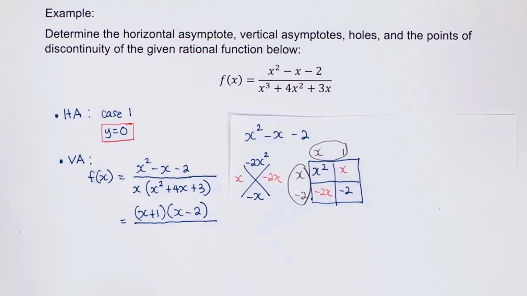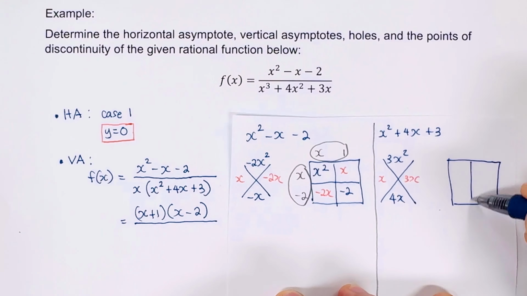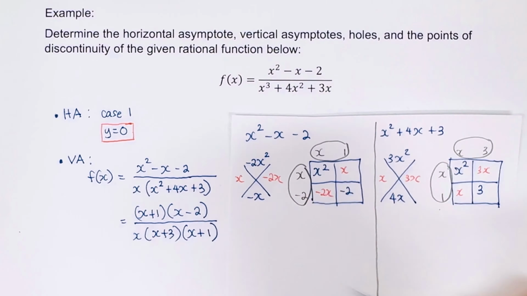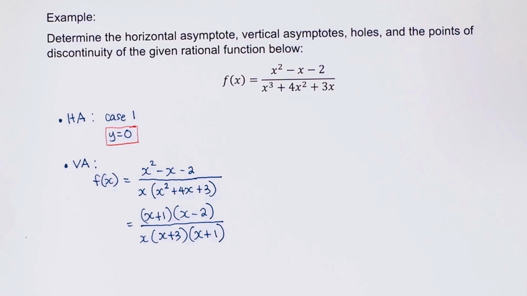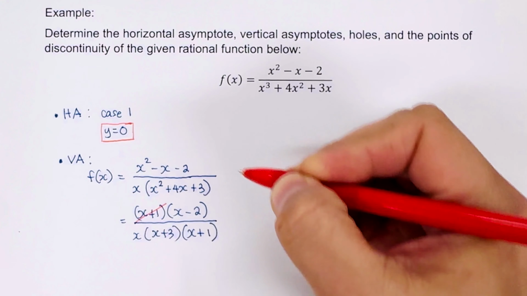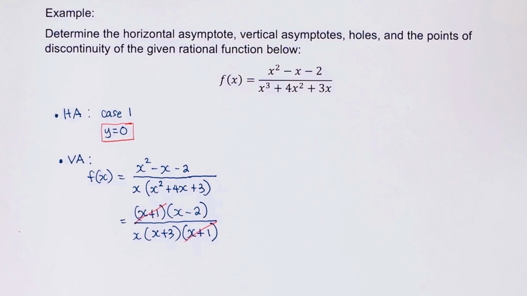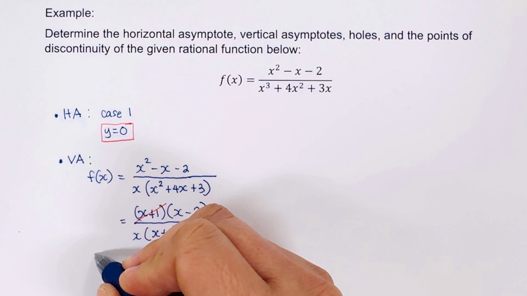So I'm going to factor this x squared plus 4x plus 3, again, using the box and diamond. So this is the factored form for this function that we have up there. What we are going to do next is cancel out common terms. In this case, we have x plus 1 and x plus 1 as common factors, so we cancel them out. So the leftover would be,